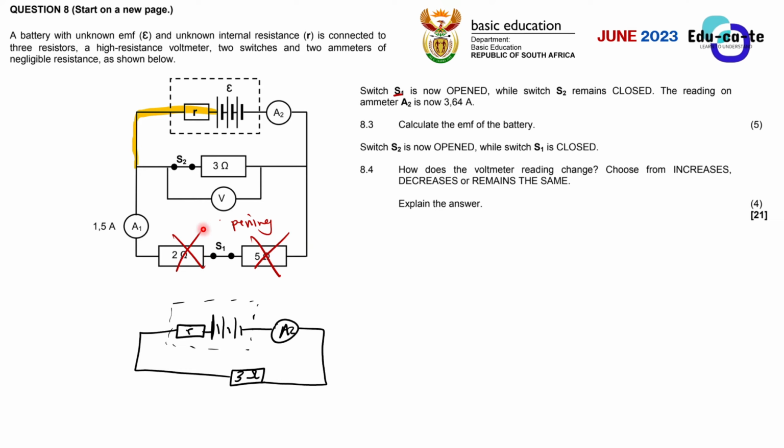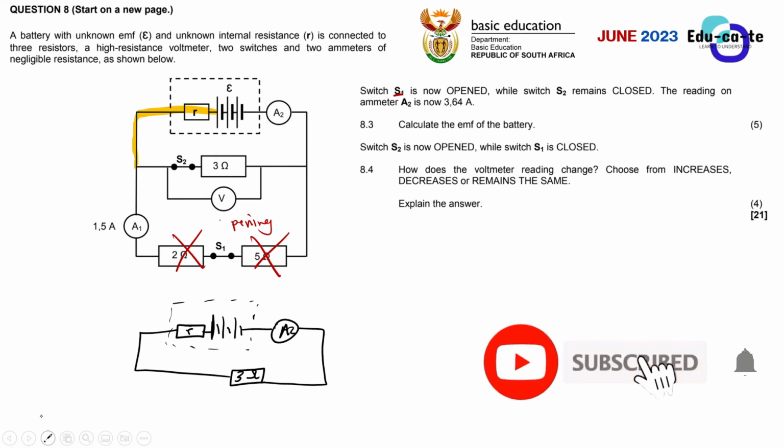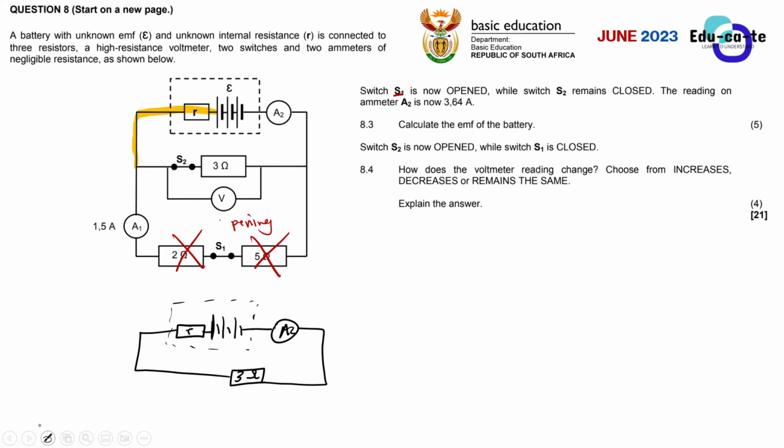In fact, forget about this part of the circuit. If possible, forget about it. Okay, so basically here, that is what we are doing. We are doing this so that we can do what? We can forget about this part of the circuit. Let's just try to highlight it off. Okay, yeah, try to forget about it in your head, of course.